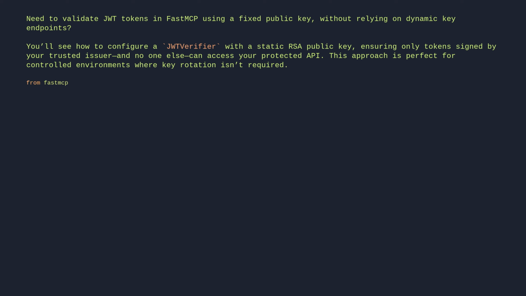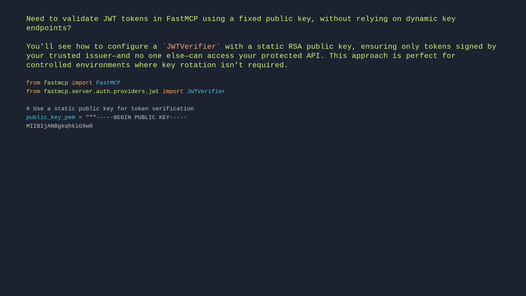From fastmcp import FastMCP. From fastmcp.server.auth.providers.jwt import JWTVerifier. # Use a static public key for token verification. public_key_pem = "-----BEGIN PUBLIC KEY----- MIIBIjANBgkqhkiG9w0BAQEFAAOCAQ8AMIIBCgKCAQEA..." -----END PUBLIC KEY-----. verifier = JWTVerifier(public_key=public_key_pem,